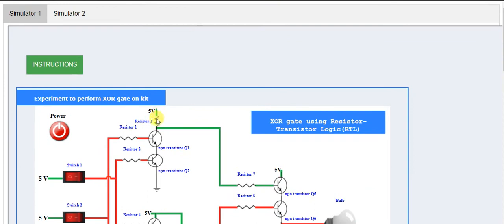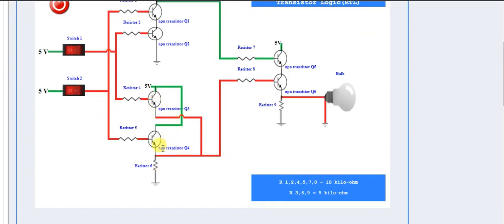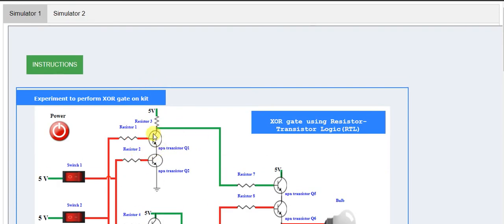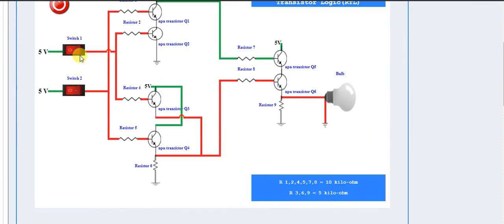What kind of configuration is this? Common emitter. This is common collector. These two got a common collector, right? Any doubts in this? Both are having a common collector. Here it is a common emitter configuration. So what is exclusive OR condition? At least one should be high in order to make the output as high. I am making it as 1 as switch on, the output is high. If both are low or if both are high, the output will remain high.